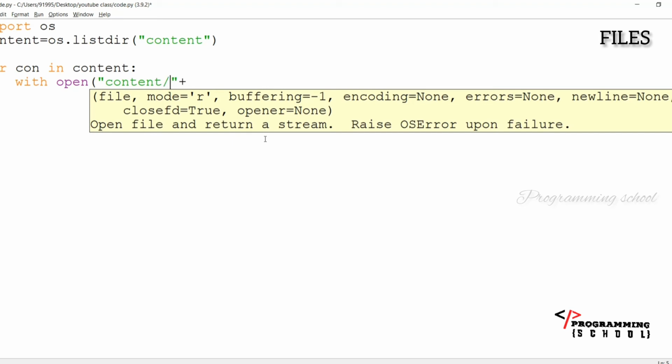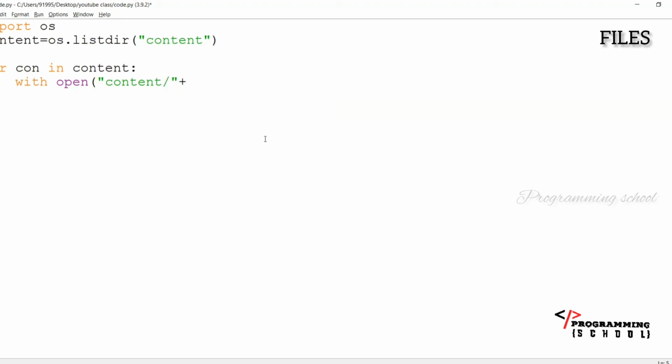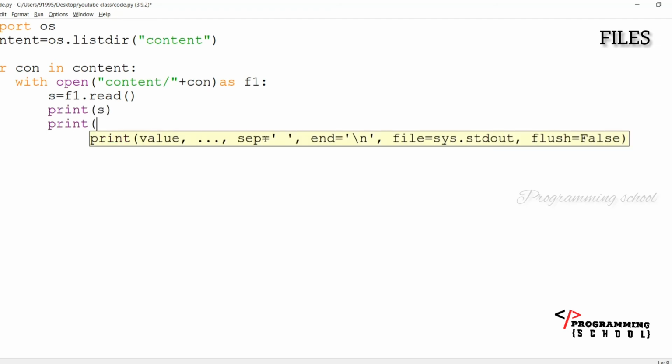That's why I'm going to write like this, and then I'm going to write a con. I'm not writing any file name here. Just simply I'm going to open it. I'm going to take s is equal to f1.read(). I'm going to print s here, and for indication I'm going to print